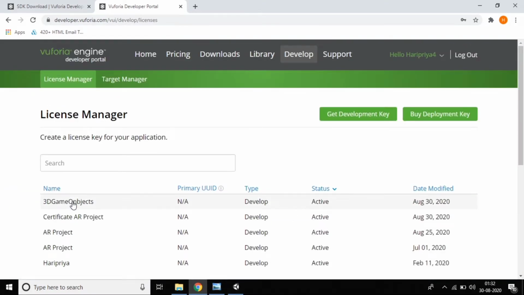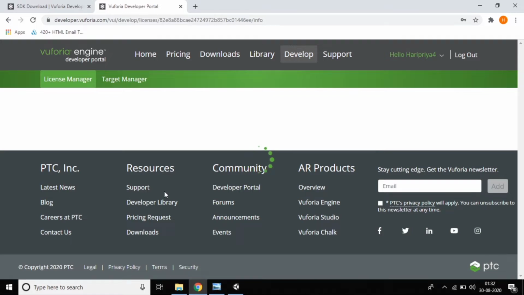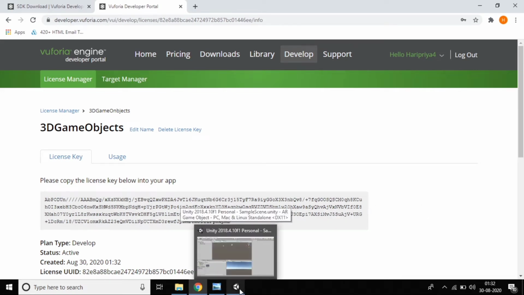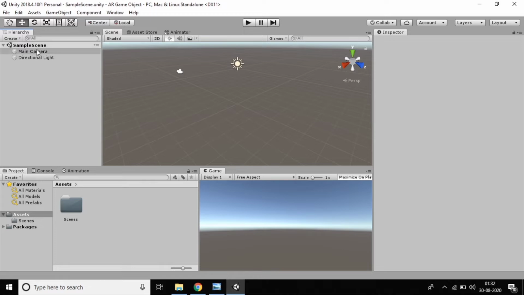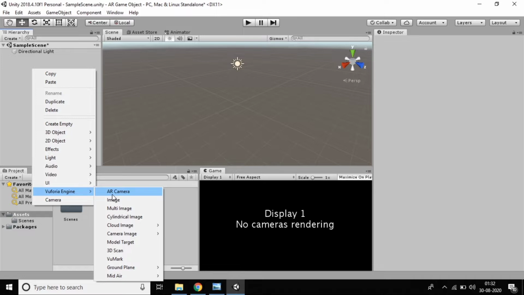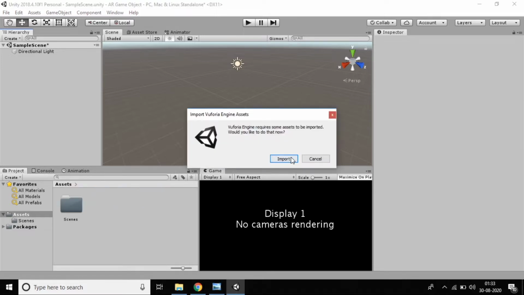You can see we created the license called 3D game objects, just click this one. Automatically the license key is copied into your clipboard. Now open Unity, delete the main camera, right click, go to Vuforia Engine and create an AR camera, and just import.